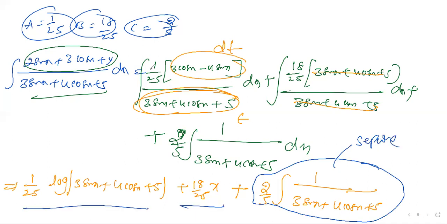This is done. Whenever the constants come, the method will change. Okay, we have an extra question for this. I think I'll copy this question on the next page. I'll try to work on that. The question is 2 by 5 integration 1 by, please can you tell me the question? 3 sin x plus 4 cos x.